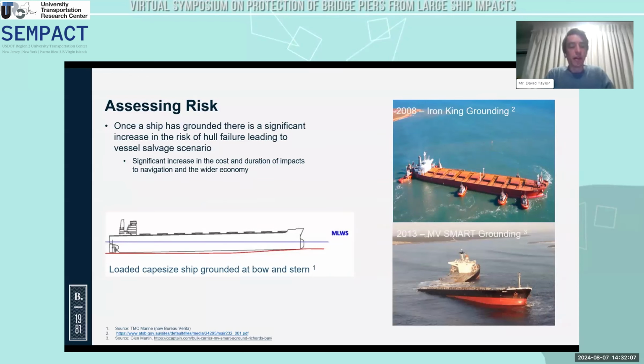Now, a few years after the physical model study, we then looked in a bit more detail at the actual consequences and impact on the ship hull of remaining grounded on that channel margin. So I've got that example there again of the ship that grounded in 2008, where the bow of the vessel had a negative draft of about 2 meters. So the bow was about 2 meters higher than its static draft. And then the stern of the ship was sitting within the channel.